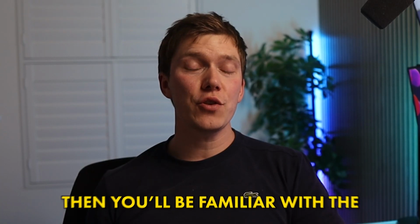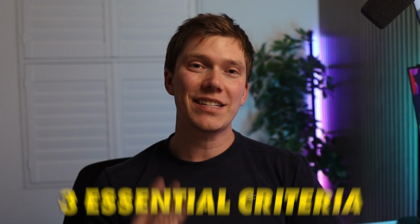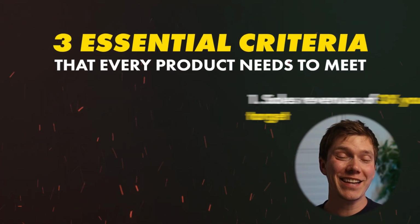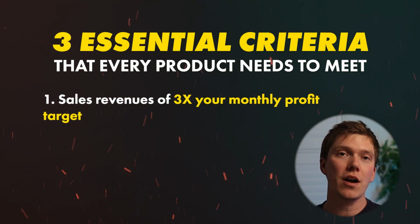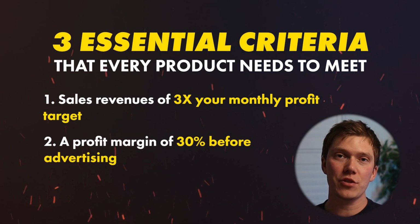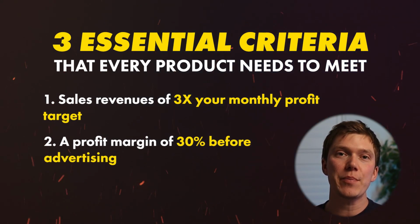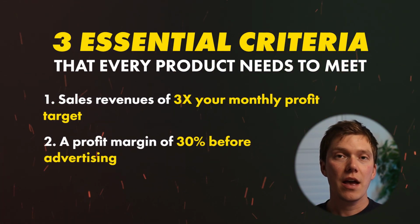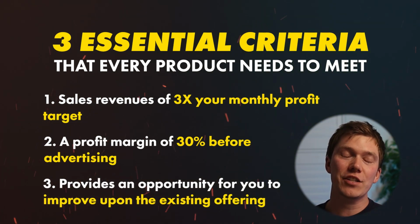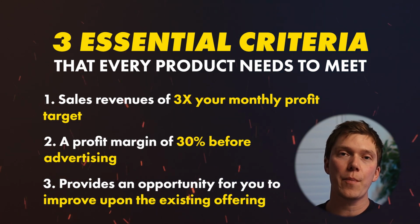If you're currently looking for a product to sell on Amazon, then you'll be familiar with the 3 essential criteria that every product needs to meet. The first is that its sales revenues are 3 times your monthly profit target. The second is that its profit margin is at least 30% before advertising. And the third is that the product provides an opportunity that is going to allow you to improve upon the